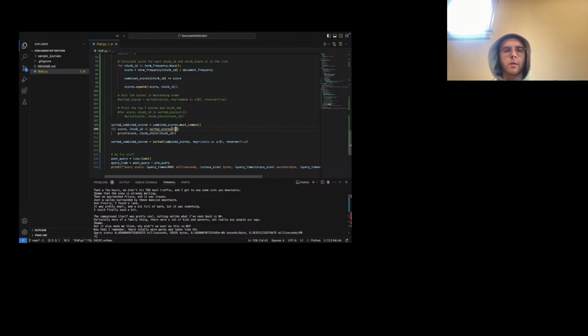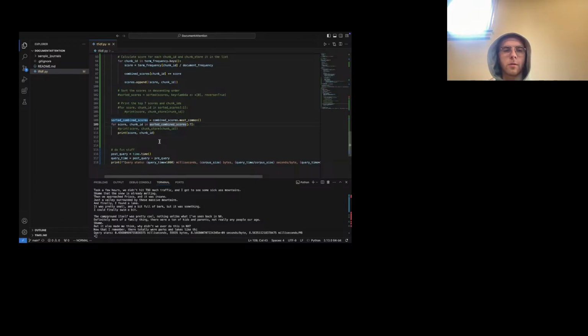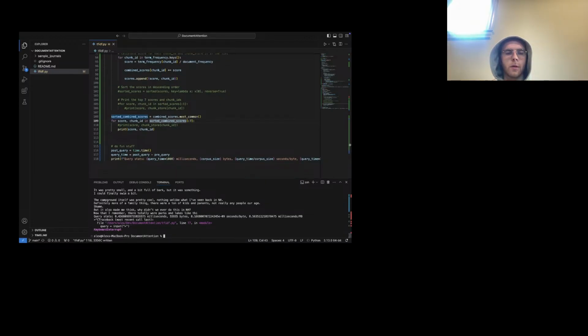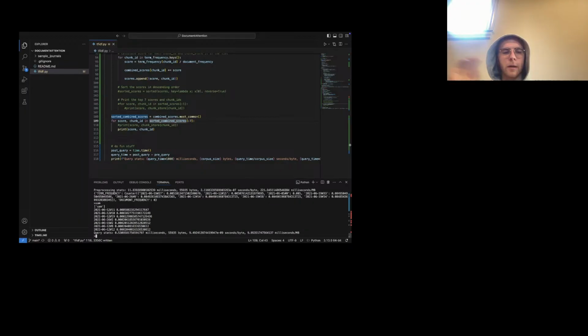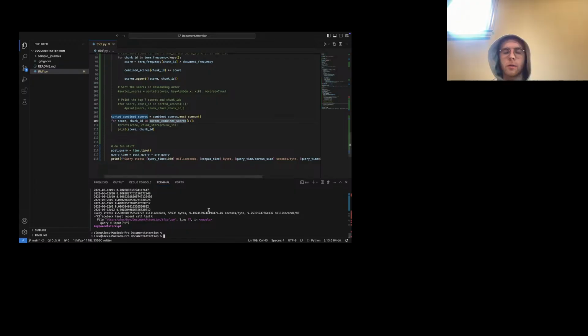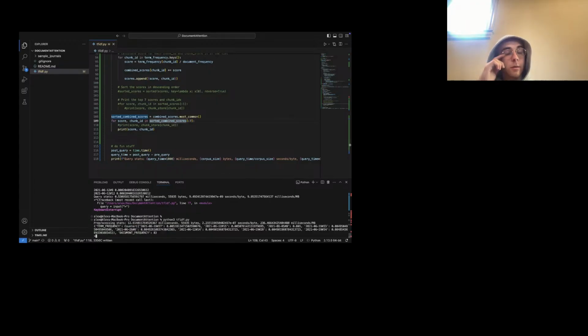Actually, yeah, let's get top 7. I want to see this chunk store, chunk ID. Let's just do chunk ID for now, but eventually we're gonna want to get chunk store, and then we'll finally feed that to the LLM as promised. I know. Okay, I think this is what we need to do. Let's just see what happens. Sam. Okay, this is gonna be identical, obviously, but why are you printing? It's printing out something else. I don't know what to do. Okay, actually has scores like 0.000